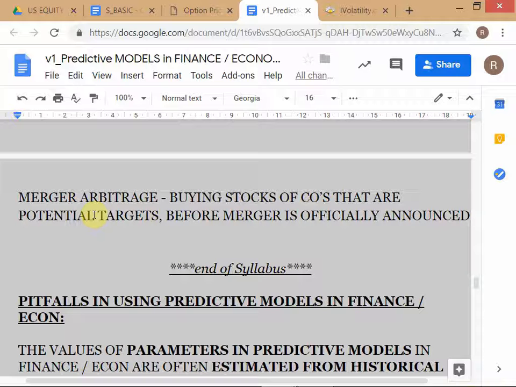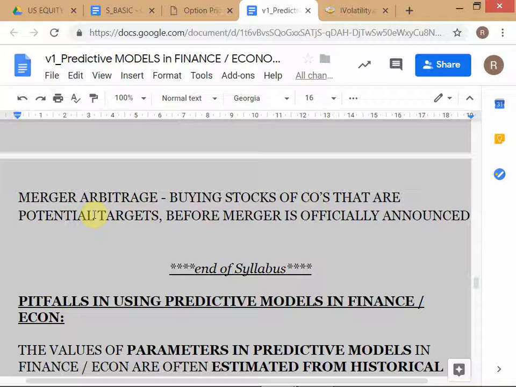So now you go and accumulate a big chunk of Idea stock in the hope that once the merger is announced, obviously the merger will typically have to be at a premium to the market price. You remember that? When you look at real life mergers, most of them have to be announced at a premium. If the market price is $32, you can't just expect the shareholders to sell at 32. You'll have to offer something like 55 or 65, some solid premium to the market price. Usually it's at least a 20% premium. So therefore you know that if the merger actually is announced, then you'll make a big profit because the stock price will jump. Are you following the logic?